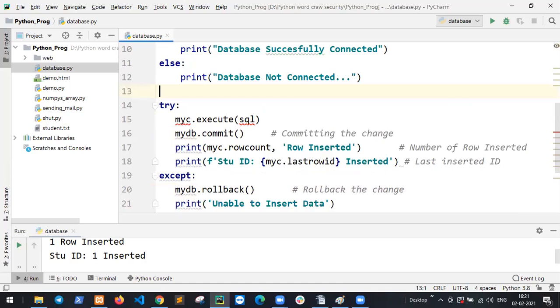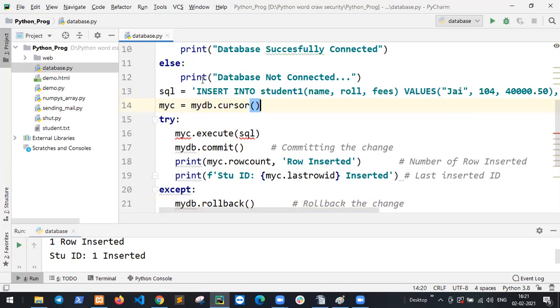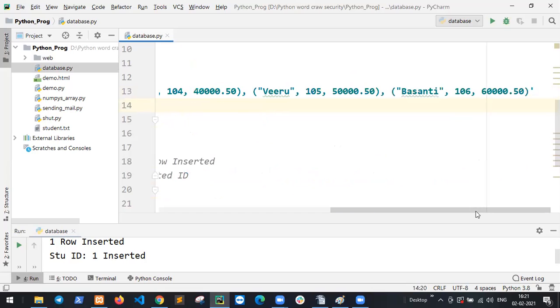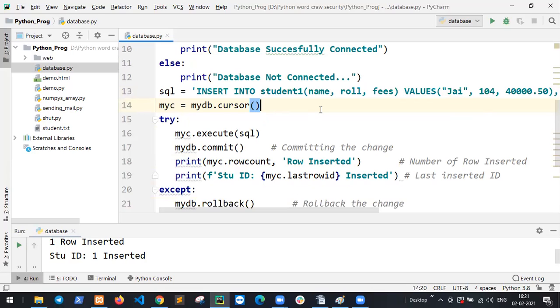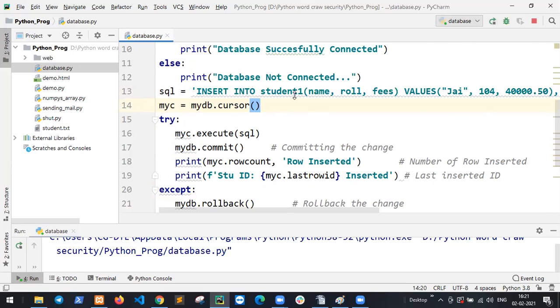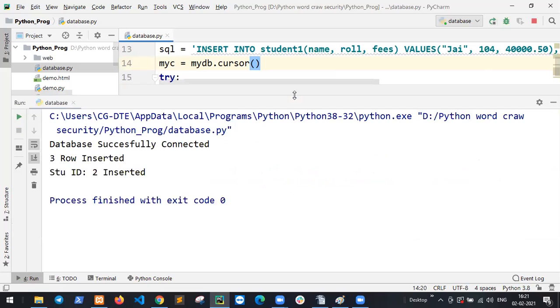Paste this code, multiple values. Done this. Inserted three rows.